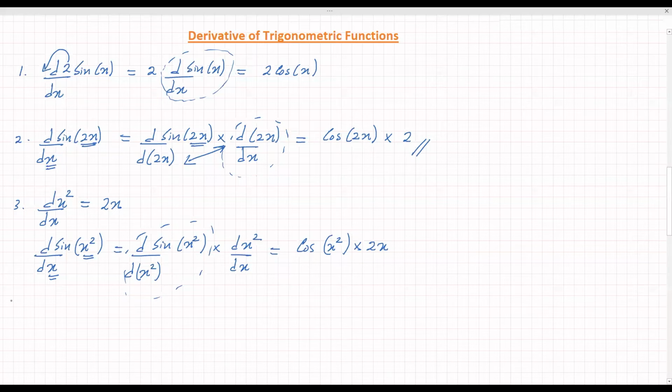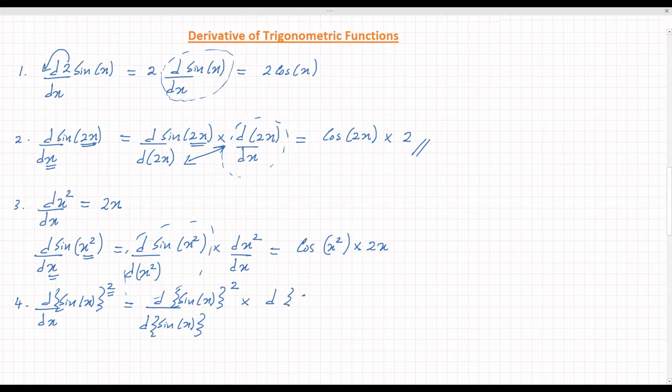Okay, the fourth variation would be d/dx of the sin x function, the whole thing to the power 2. Here you can see the power rule is involved because of this power 2. So you will use the chain rule. How do you use the chain rule? You will construct sin x as the variable associated with the differential operator, and here you will have the function. Now you have to cancel what you have constructed, so that would be sin x, and then you will put the original term dx you had.